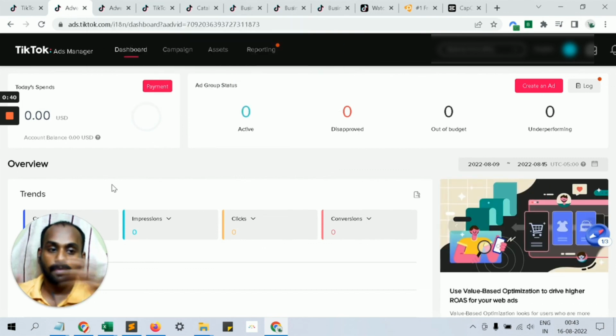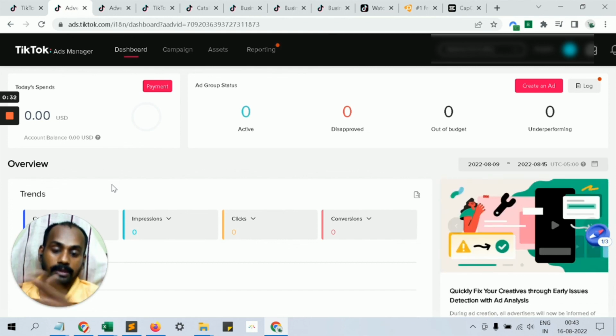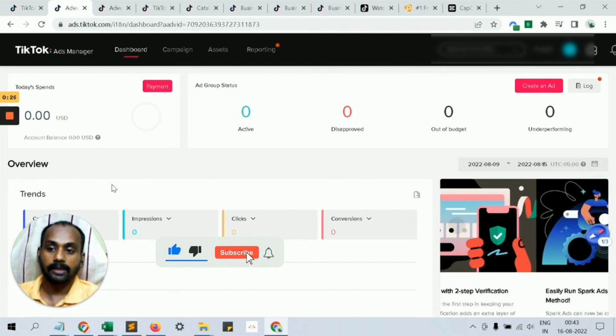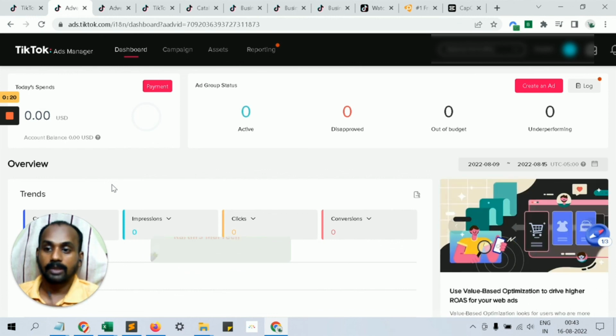So we have covered right from the business manager, how to set up the business manager, to the ad account, to the ad groups, to the ads, and the instant form also in case of lead generation. Once you are done with that, the leads will populate and you can download the leads, and that can be pushed to your CRM, or your VAs can reach out to those prospects and convert them to actual